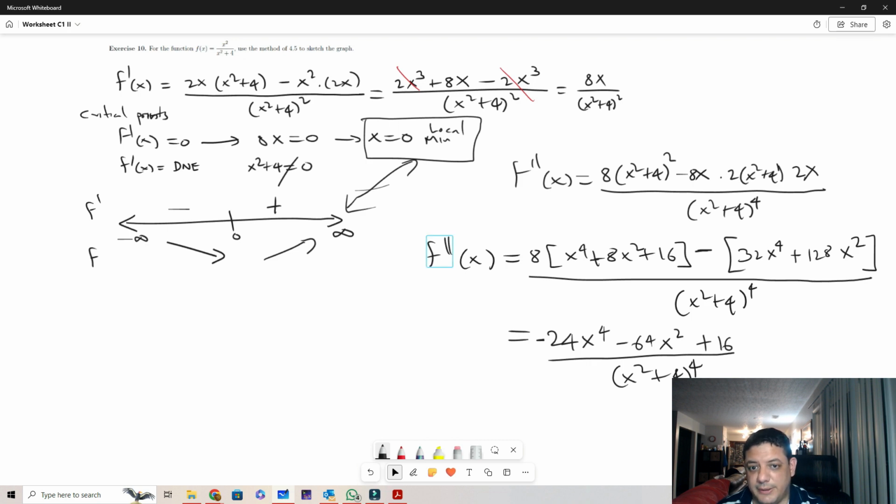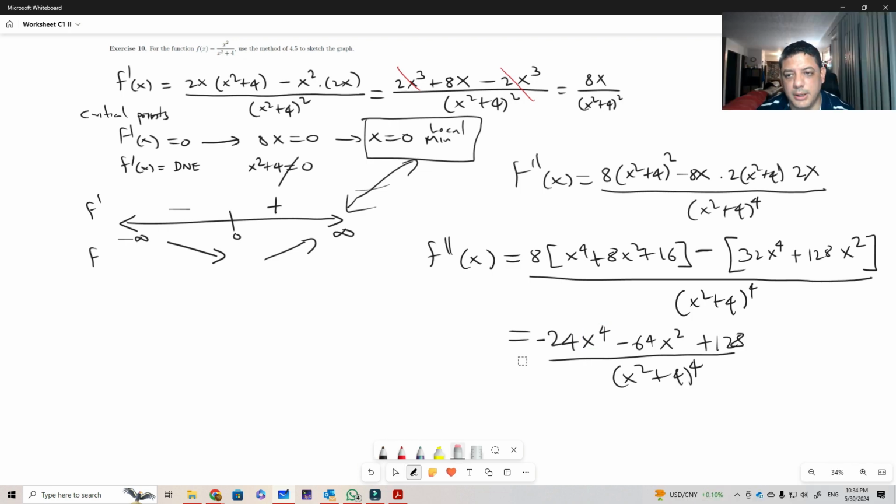And then at this point, what we want to do is find the zeros of this. Now, finding the zeros of this particular function is going to be a little bit complicated. There are two strategies that you can use, and one of them is to consider this like a quadratic function. So this will be like, consider this minus 24